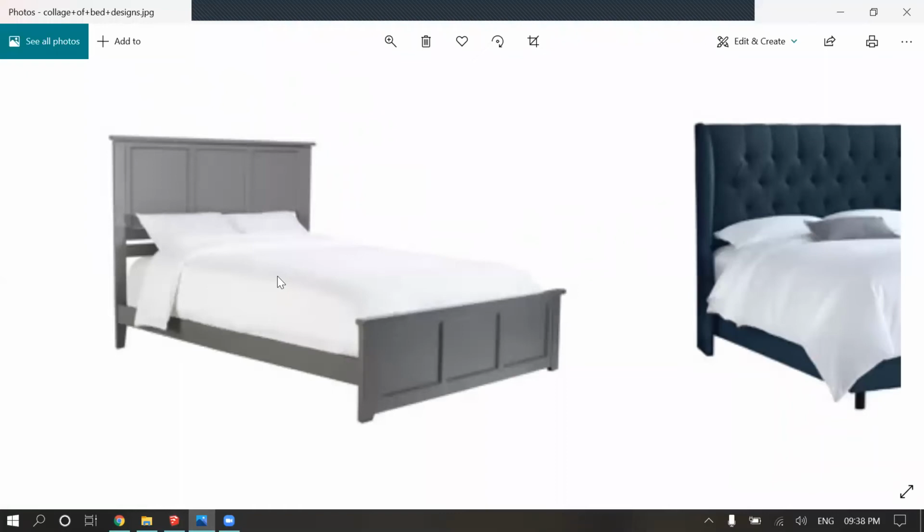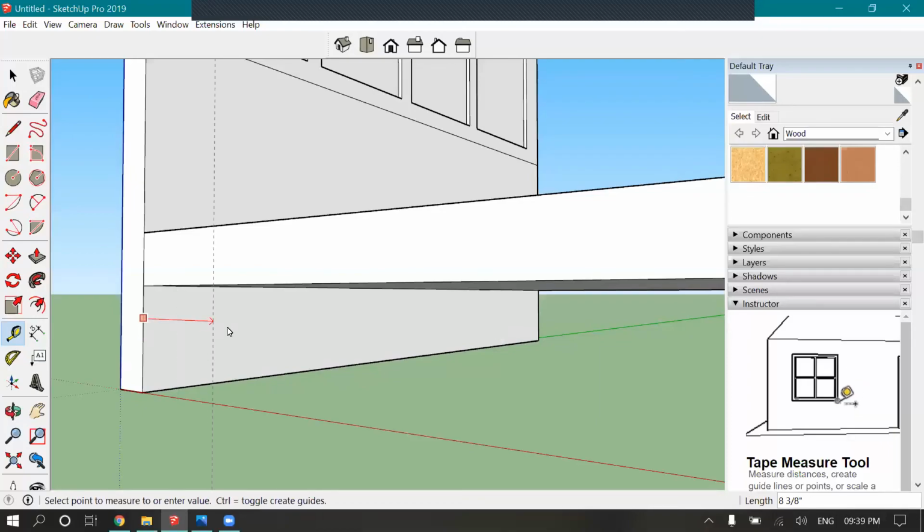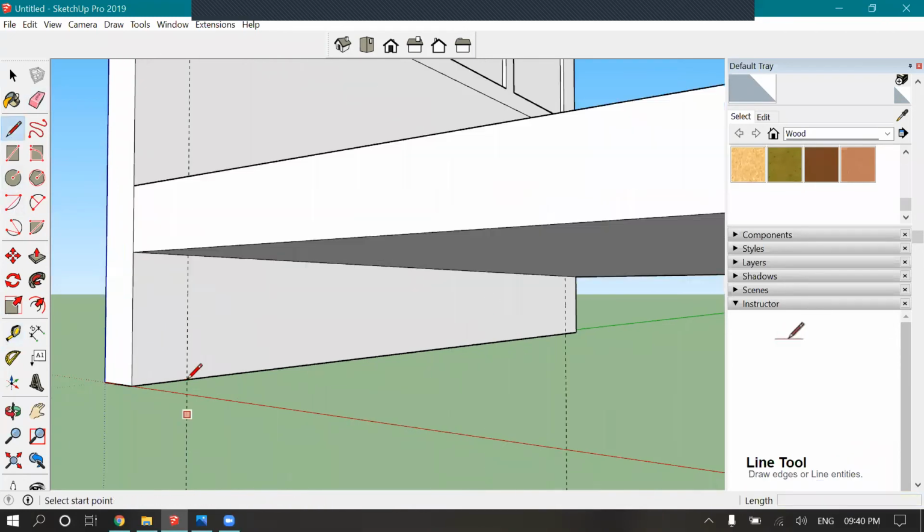So let's add color to it. It actually shows in a different axis, so you need it like this one. See, okay, 4 inches, 4 inches.